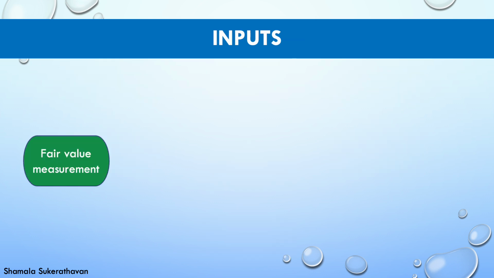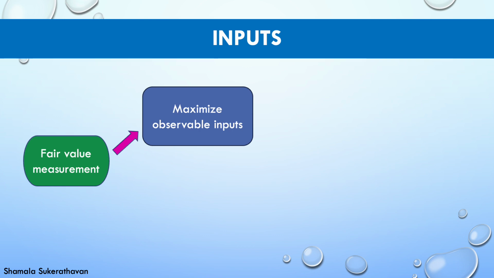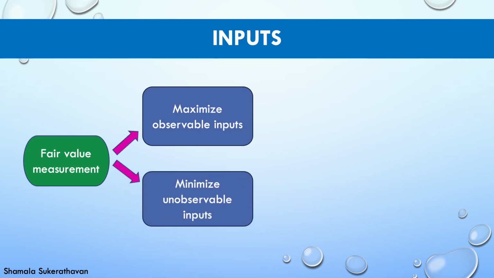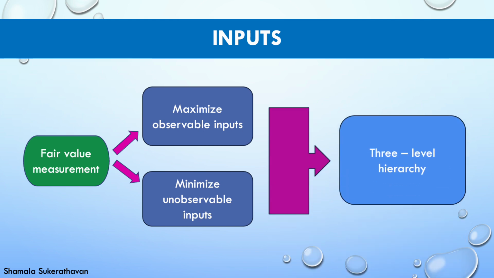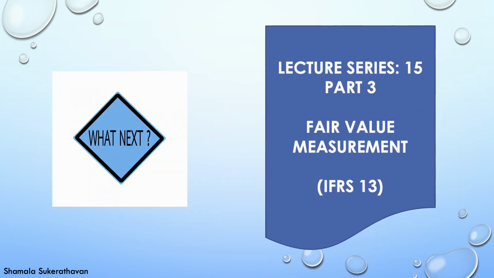When measuring fair value, an entity should maximize the use of observable inputs and minimize the use of unobservable inputs. IFRS 13 introduces a 3-level fair value hierarchy. The final part of lecture series 15 on fair value measurement will focus on the 3-level hierarchy, fair value measurement of non-financial assets, and disclosures as set out